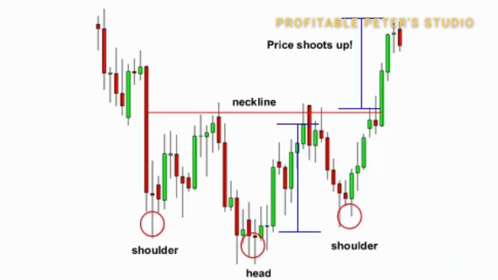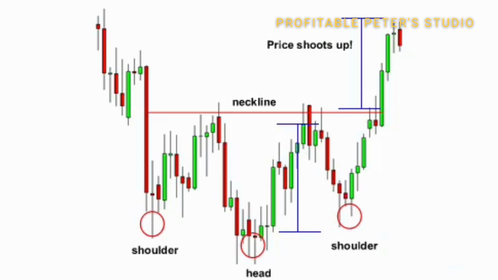We can see that the buyers pushed the price back to this resistance, this neckline. The sellers pushed the price and formed the second shoulder. So this is the head, the first shoulder and the second shoulder. The buyers pushed price and broke above this neckline, this resistance. You see, it came back. You can see here, it didn't really come back to retest the line, but this is the resistance